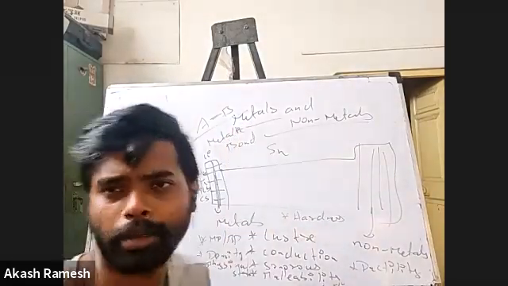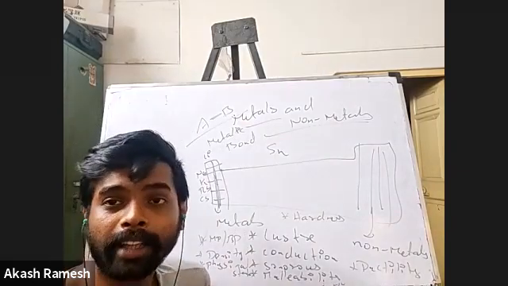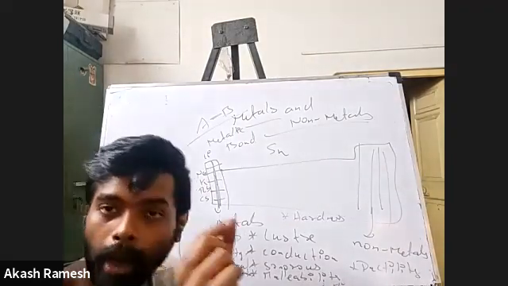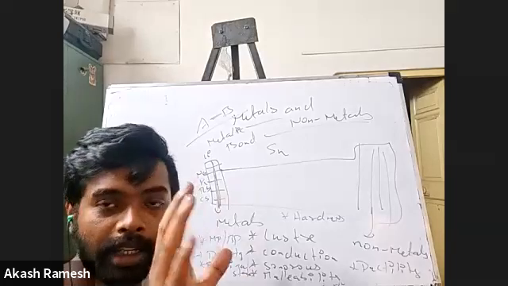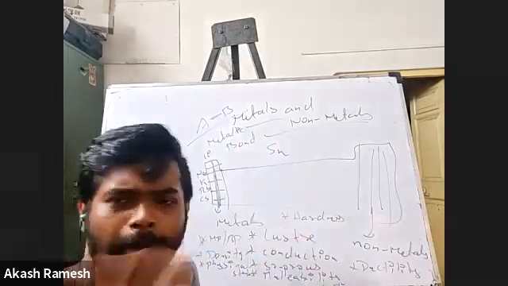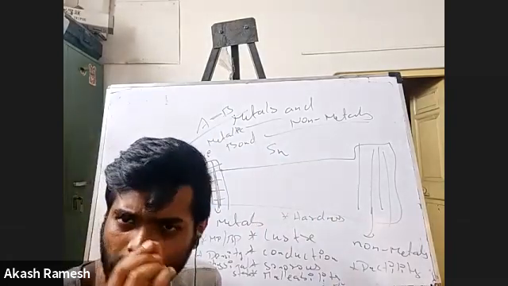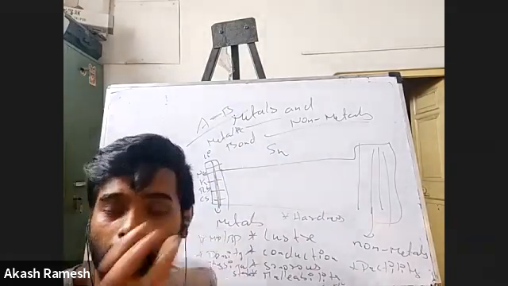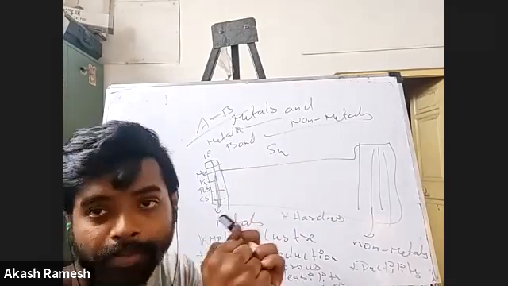I think you would have heard this term. Metallic bond exists between two metals, I mean between atoms of metals: one copper atom and another copper atom, one sodium atom and another sodium atom. If I take a sheet of metal, there will be millions and millions of atoms in it. We know atoms are very small, so you will have millions and billions of atoms present. How are all these atoms able to be together is the question.